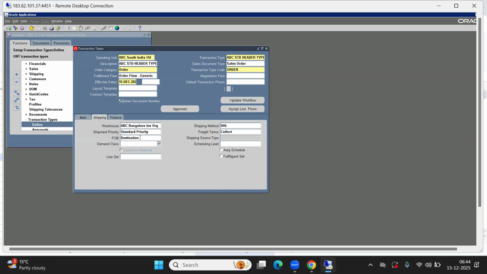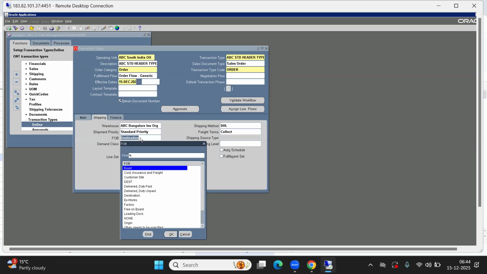If anything happens before reaching the destination, like the truck going from Bangalore to Hyderabad, until the truck reaches Hyderabad we are responsible. That is destination. And if we also have some port areas, like if you're doing a transaction between two countries over the sea,